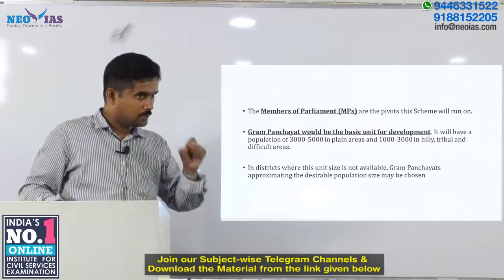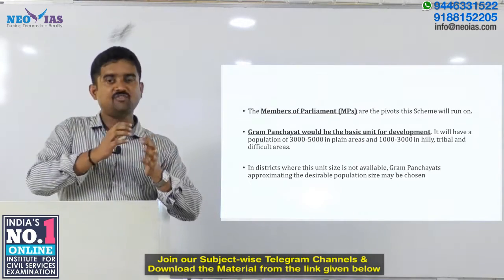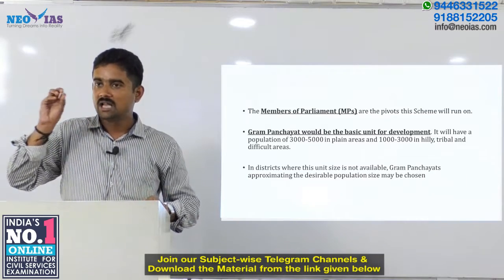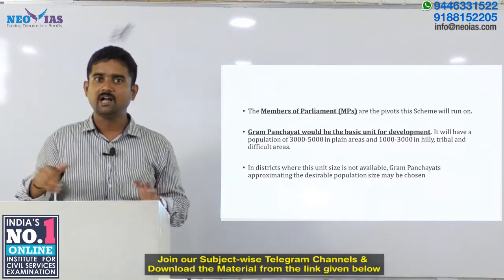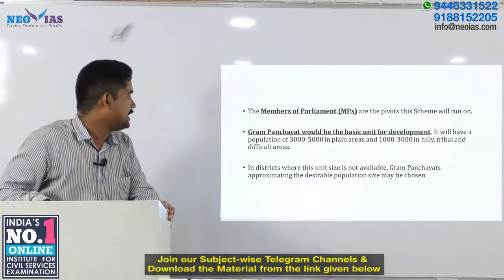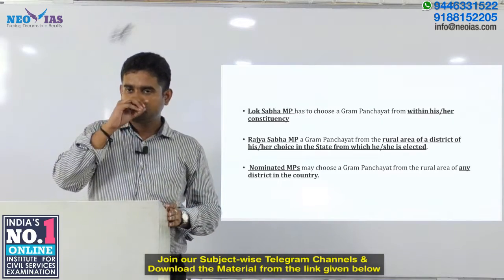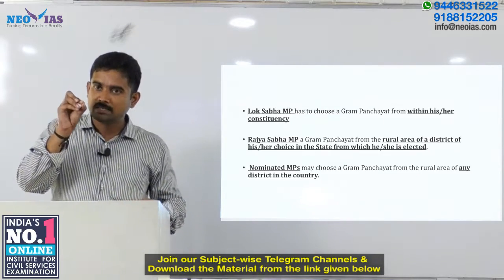What they have to do is, it is the responsibility of each MP to identify Adarsh Grams within their regions under specific criteria and focus upon its development. So the MPs are playing a very pivotal role in this scheme. Now, the point here is, if an MP is a Lok Sabha MP,